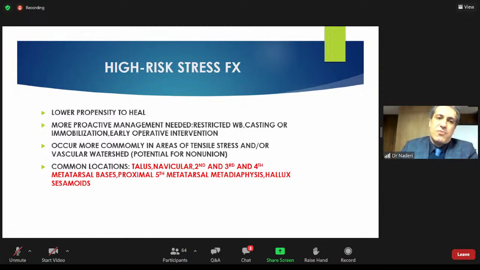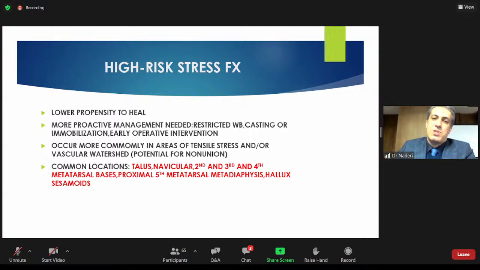There is need for more proactive management in terms of restricted weight bearing, casting or immobilization, early operative intervention. They occur more commonly in areas of tensile stress and vascular watershed. That is, they have more propensity for non-union if left untreated. Common locations for high-risk stress fractures in foot area are talus, navicular, second, third, and fourth metatarsal bases,